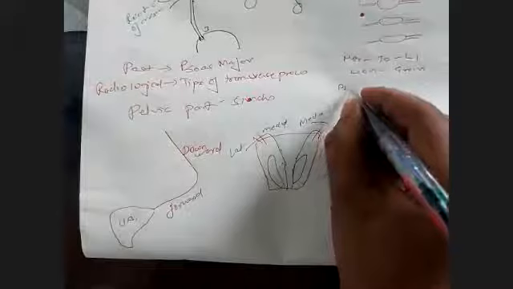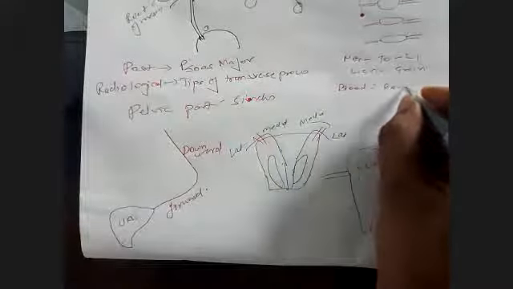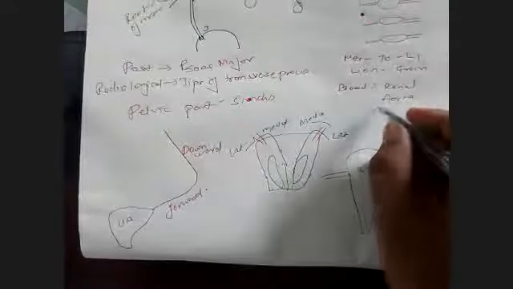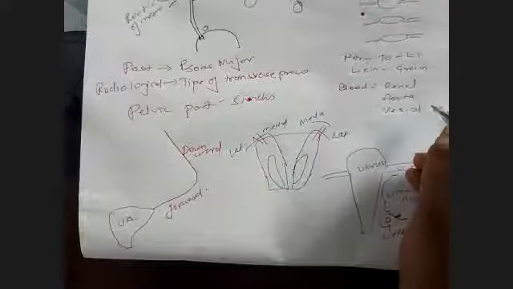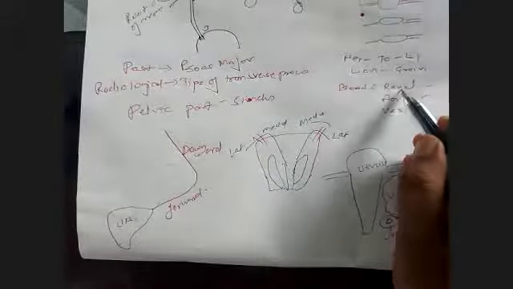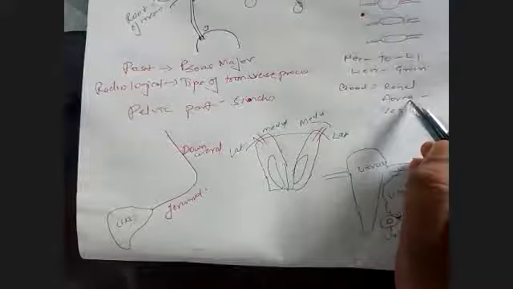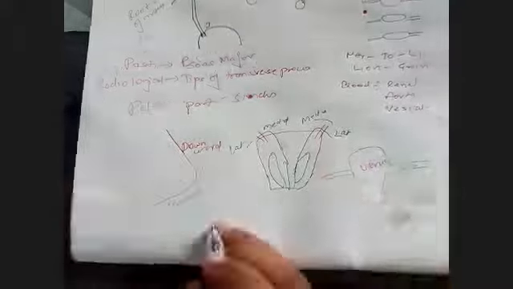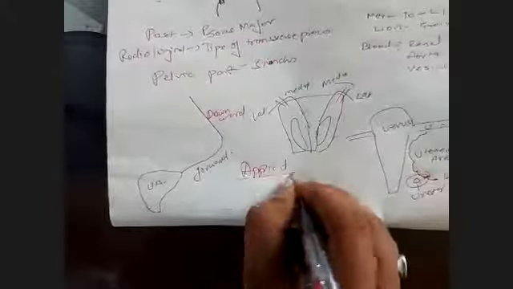The blood supply of the ureter: the upper part gets it from the renal artery, the middle part gets it from the branches of the aorta, and the lower part gets it from the vesical arteries, which are the bladder arteries. Because it is close to the kidney in the upper part, from the renal artery; in the middle part by the aorta; and the lower part by the vesical artery. I want to keep it short, so finishing it in only one page.